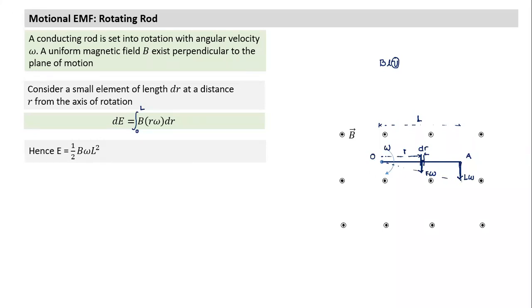Another way I can think of: when velocities at the two ends vary linearly for the entire piece, what does it tell you? What is the average velocity? Average velocity of the rod is L omega by 2, and that's what this expression indicates. This is equal to B into L into average velocity, which is B into L into L omega by 2. And it becomes very easy in several questions. So that's the same term. There are two ways of understanding.